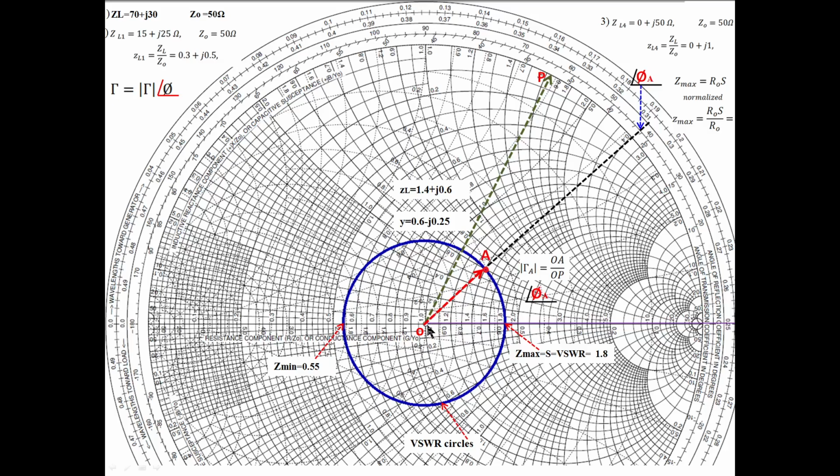Okay. So, measure the distance from the center of the Smith chart to this load point, that is OA. You take a ratio of OA divided by OP. OP means from the center of the Smith chart to this R equal to 0 circle. You measure OP using a scale. How many centimeters is it? It is in centimeters only. You put it as OP.